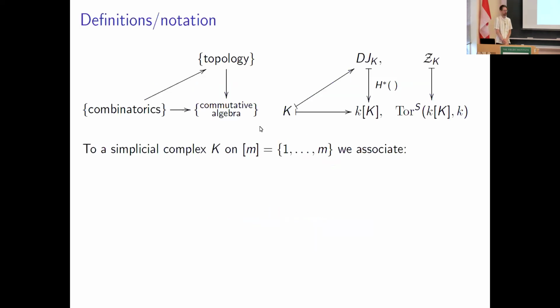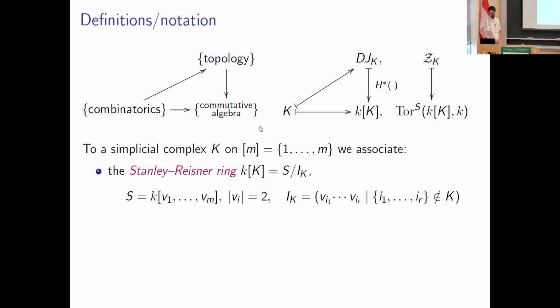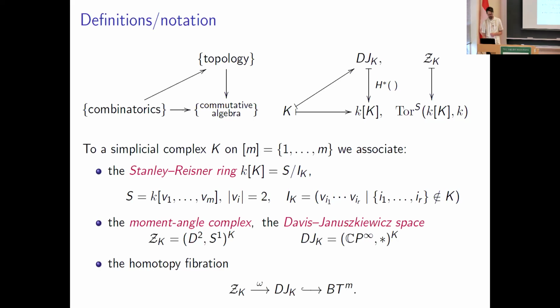Here's the obligatory slide of definitions you already know, but just to fix some notation throughout the talk, K will be a simplicial complex on M vertices, and I'll write the Stanley-Reisner ring like this. S is just a polynomial ring on as many variables as you have vertices, put them in degree 2, and you quotient that by the Stanley-Reisner ideal, so that's just this monomial ideal generated by the non-faces of K. So that's the main algebraic object associated to K, and then the spaces will be the moment angle complex,